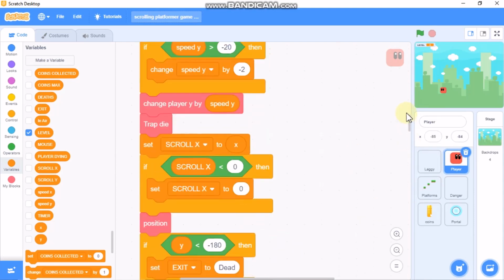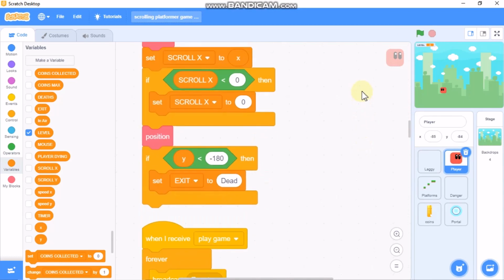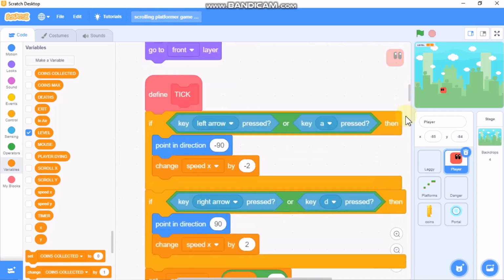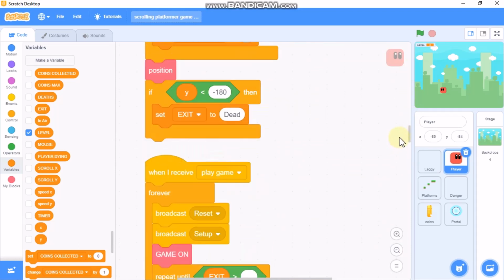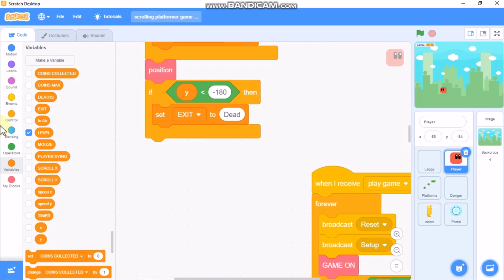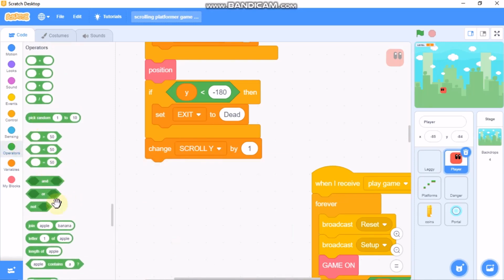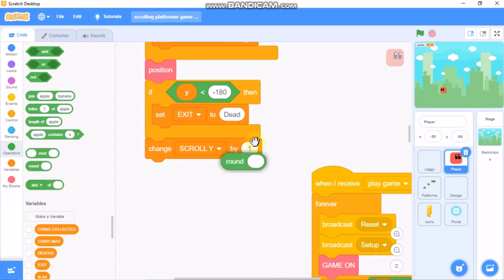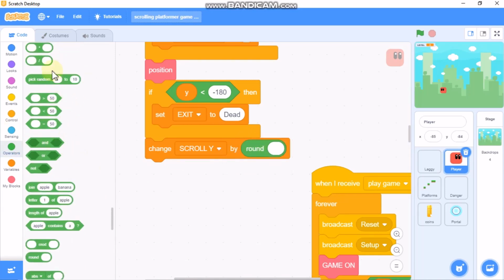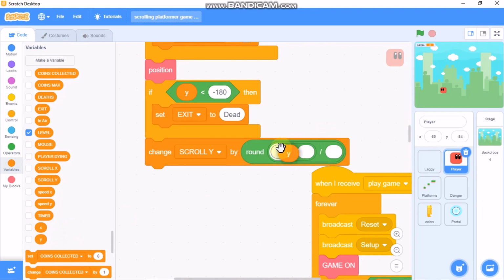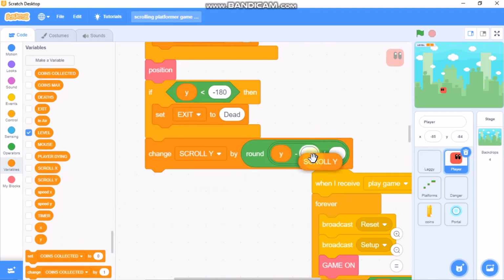We need to go here to our tick block, define tick, and we need to change our scroll Y by, we need to round, take a divide and a minus, so Y minus scroll Y times 10,